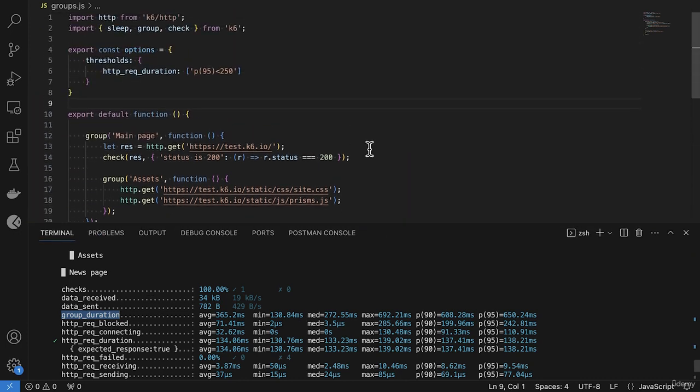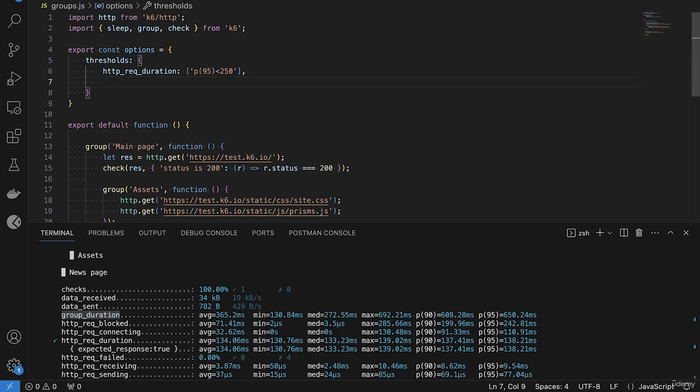What we're going to do here is go to the thresholds. So the way we're going to do this is that we're going to add a new threshold. This will be on the group duration, but we're going to then use the filtering syntax for tags. So a curly brace in the beginning and a curly brace at the end. And then this is the part that's super important, so we need to understand a bit how this works. So then we're going to have to write here group,